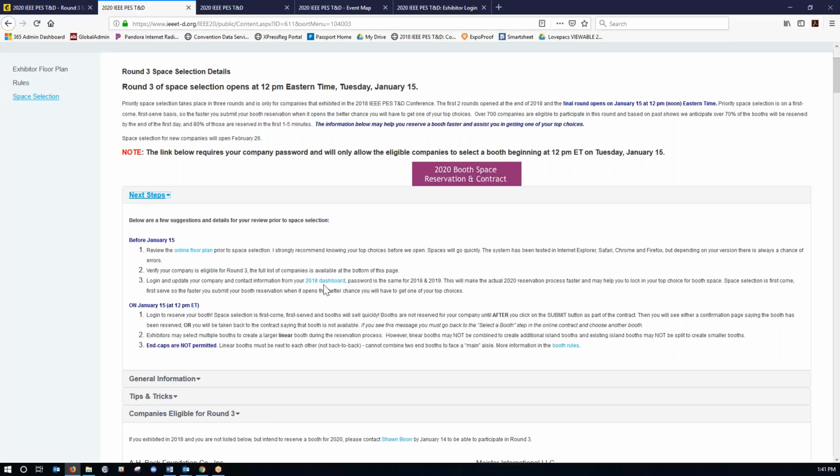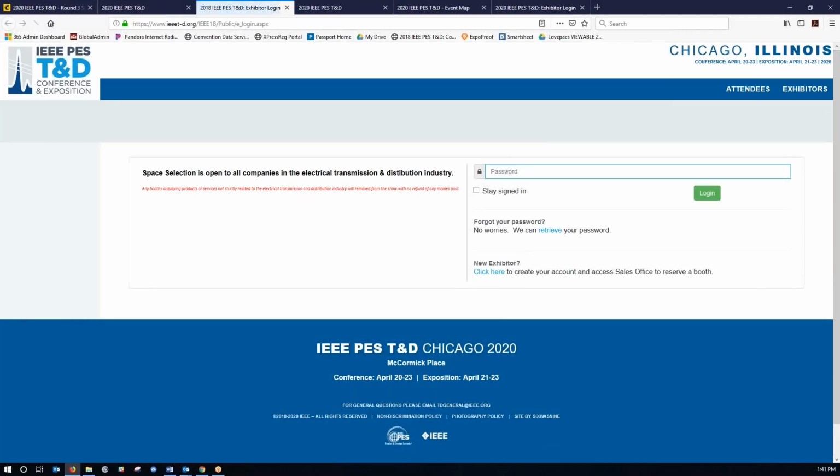And number 3 is to go to the 2018 dashboard. You'll be able to log in and update your contact information and company information as needed. So that will allow you to do